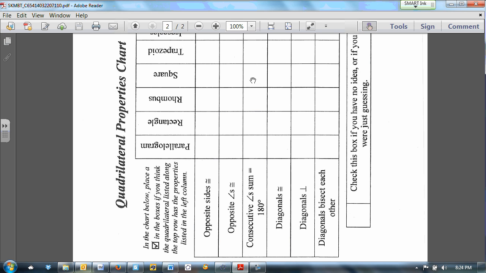Okay, you can talk subsets also if you want, like parallelograms, rectangles, rhombuses, squares. Those are parallelograms, therefore rectangles, rhombuses, squares will have the properties of parallelograms. A square is a rhombus and a rectangle, so it'll have properties of that as well. Okay, so if you want to go over that with them. To do that,